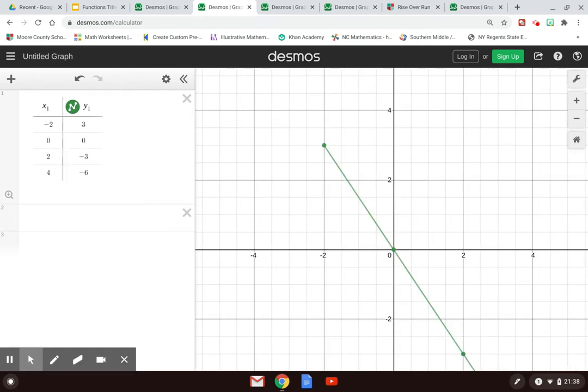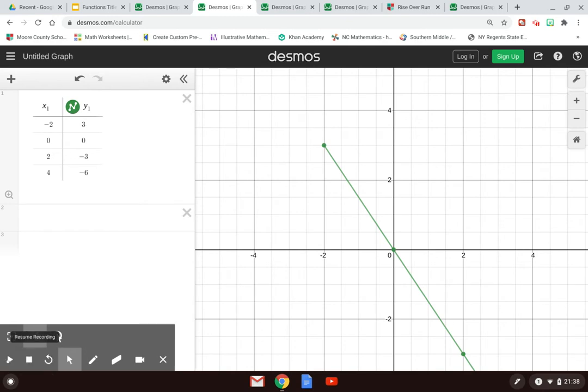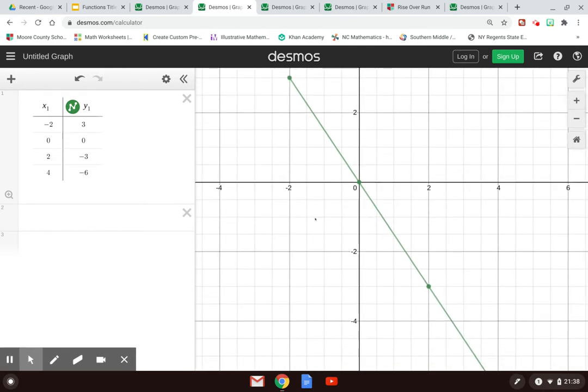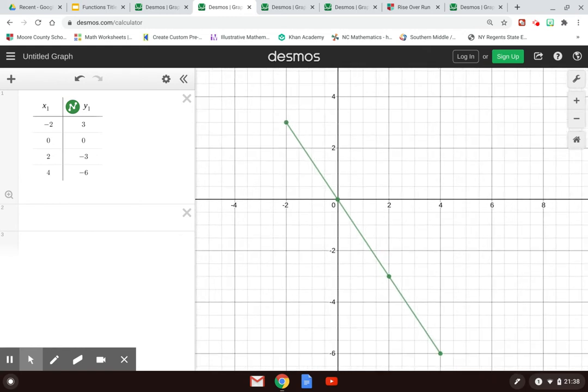And go ahead, pause the video if you need to, recreate this table of values and the graph of the line in your notebook. All right, so continuing what we did on the last line, we're simply going to choose 2 points on the line and then count the rise over run. Now, as I said yesterday, I always read my lines from left to right, okay? And so from left to right, this is a decreasing line, okay? So what we're going to do then